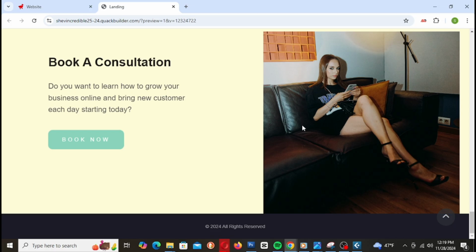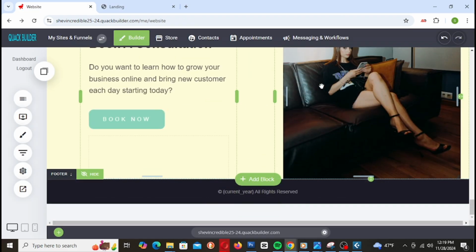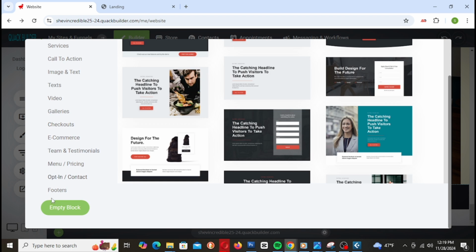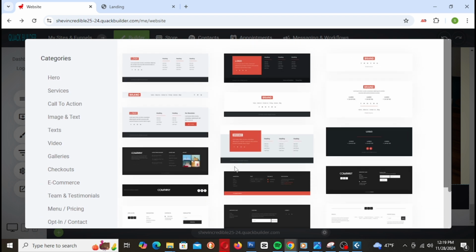Okay, so the next thing we need to do is add a footer to this website. Okay, so I'm just going to come up here with Quad Builder. You get a lot of different footers. So you can just come up here and say footer and you can choose one and you can modify it. Okay,